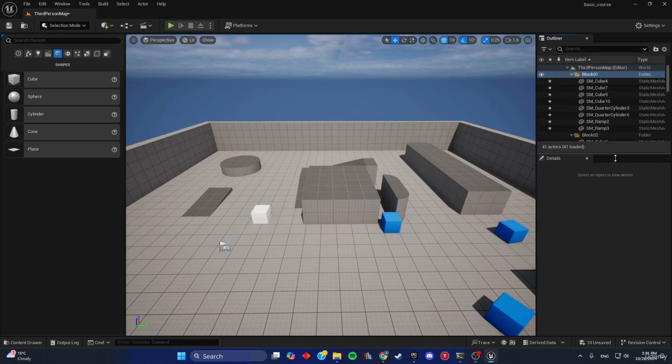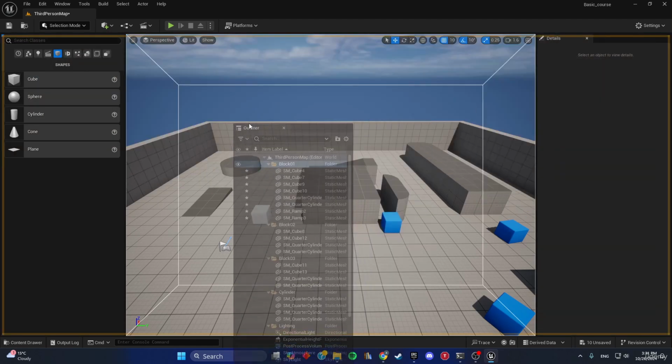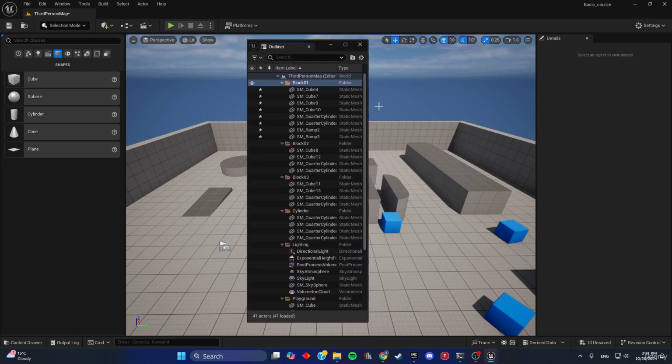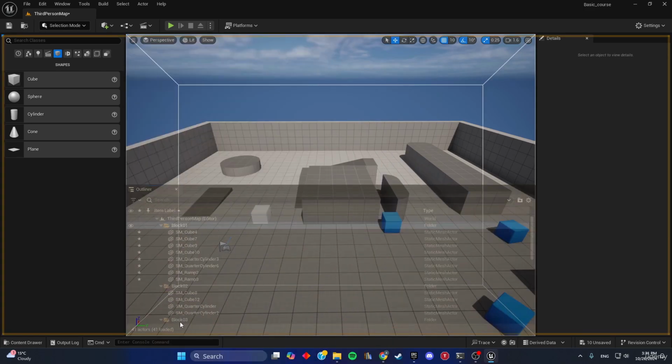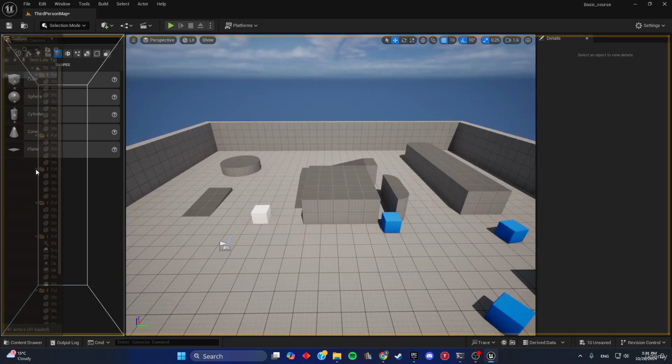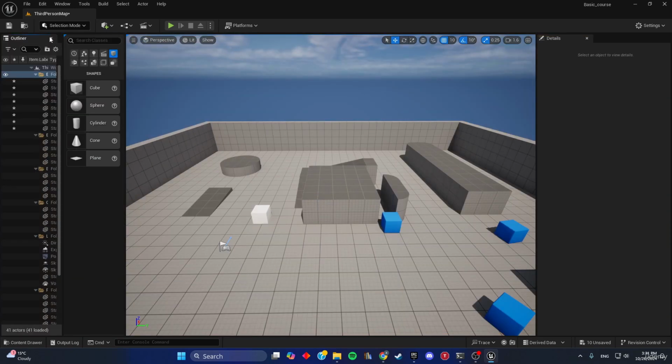You can move around all windows in your Unreal Engine scene. So, for example, you can take the outliner, detach it, make it a separate window. Or you can attach it in another place, bottom of the screen maybe. Or maybe you want it on the left. It's up to you, really. You can remove it